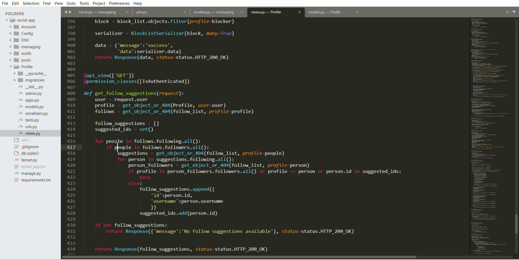So for each person in the list of people that user A follows, if each of those people are also in his followers, the suggestion is going to be the follow list where profile equals person. Remember, our follow list contains the people that we follow and the people that are following us.